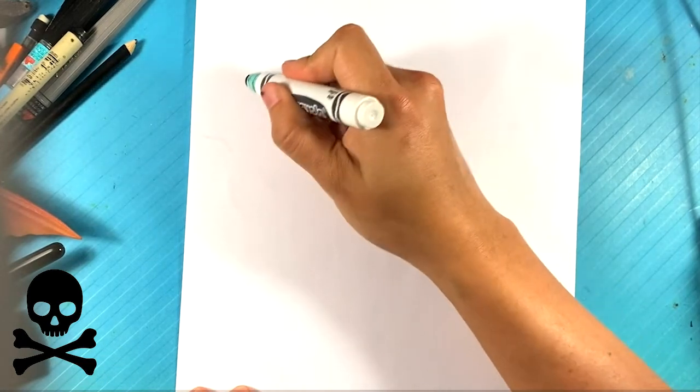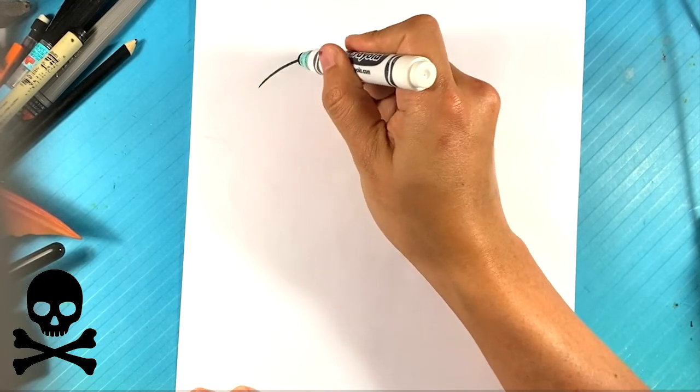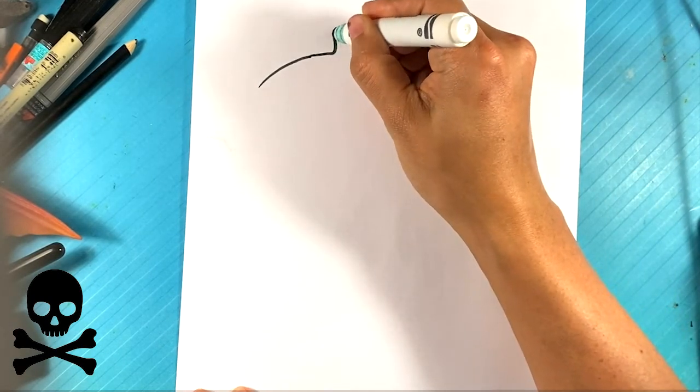So let's get started. I'm going to go over here on the side and I'm going to curve for the front of the head of the hammerhead shark. The hammerhead shark is a really underrated shark. It is so awesome looking, right? If someone showed you a picture of that, you'd be like, that doesn't exist, but it does. It's wild. Gotta go back here, up,